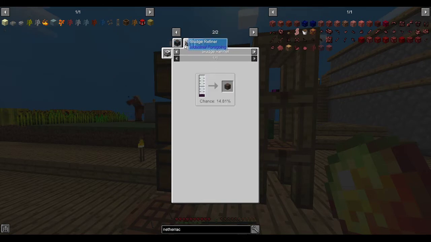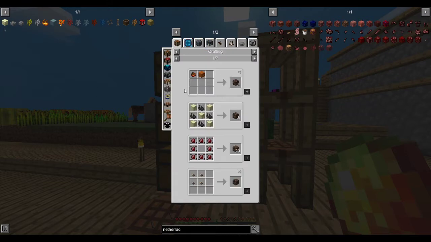Industrial Foregoing. It's like a reboot of what was that mod pack? Mod called Mine Factory. Yeah. So before Industrial Foregoing, you had Mine Factory Reloaded, and obviously before Mine Factory Reloaded was Mine Factory. Some ports from various versions of Minecraft and mods and stuff. So,